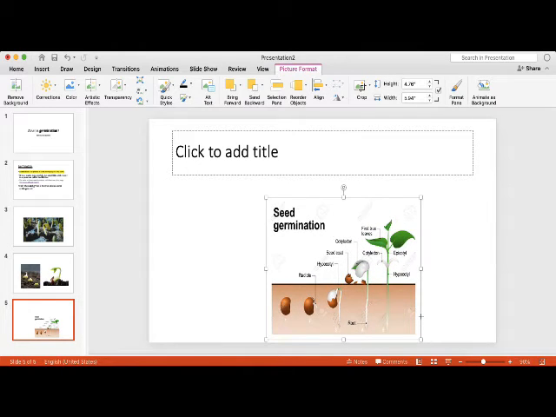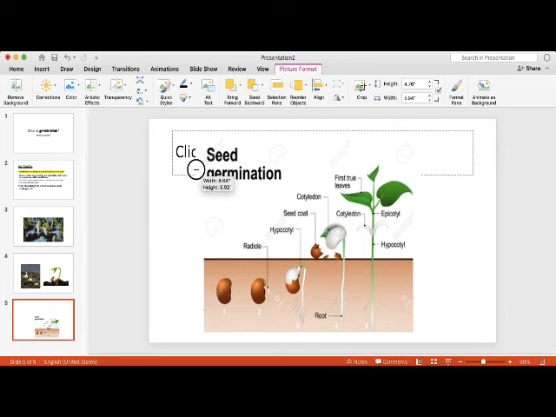I have increased the size of this picture. Again, when you move your mouse on the corners, the shape of the mouse will change. Click with the left mouse button, hold it and drag it as much as you want.